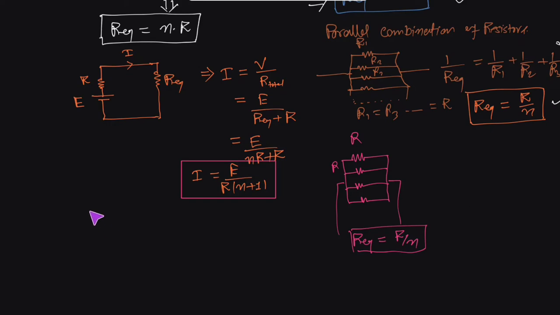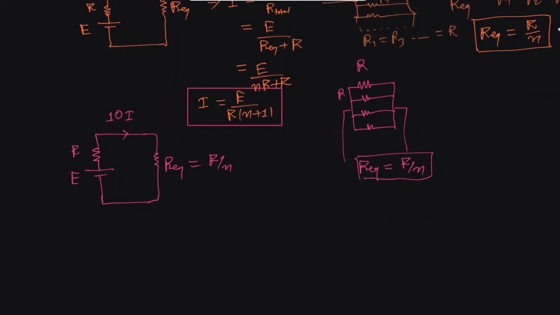So after knowing that, let me draw the circuit. This is the internal resistance of the battery, which will remain capital R. The terminal voltage of the battery is E. Now this battery is connected across the parallel combination, and if we replace this parallel combination with its equivalent, we can write it as R equivalent in parallel, which is nothing but R by n. In this case, the current flowing in the circuit is 10 times the previous one, or 10I. This is given in the question.